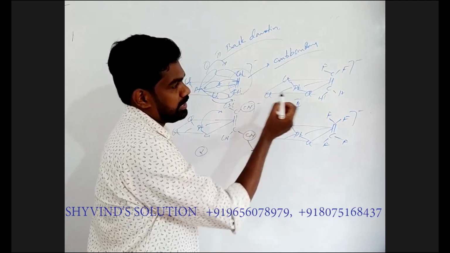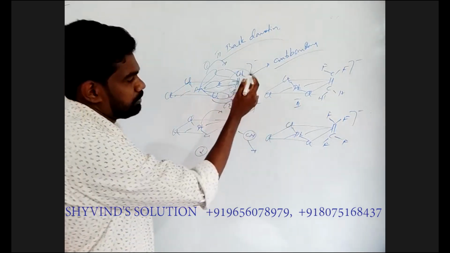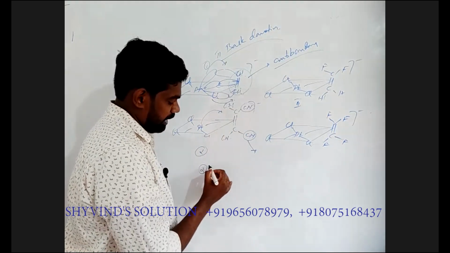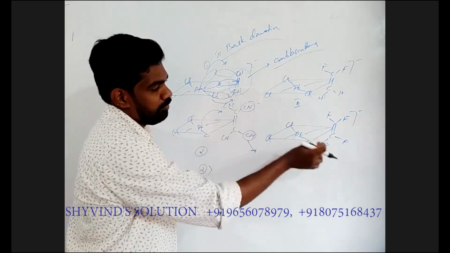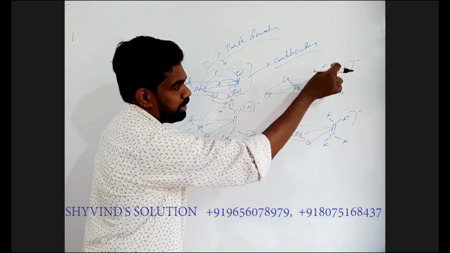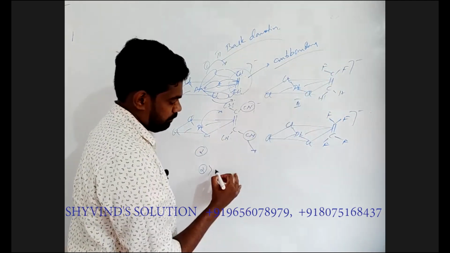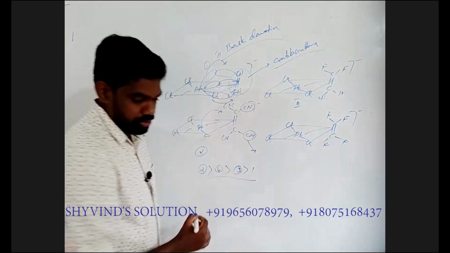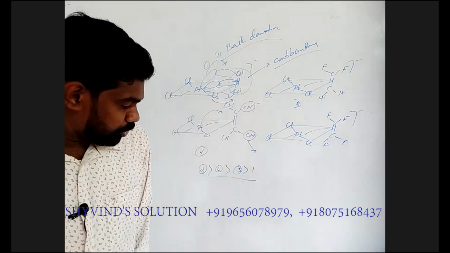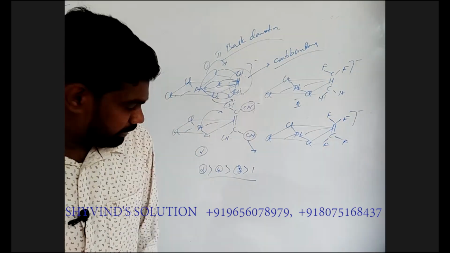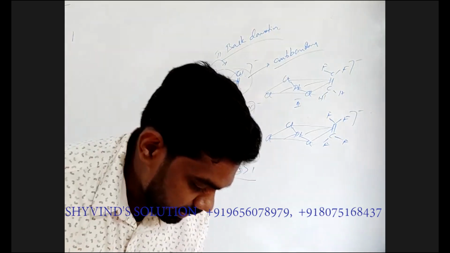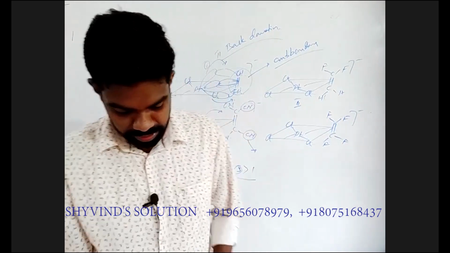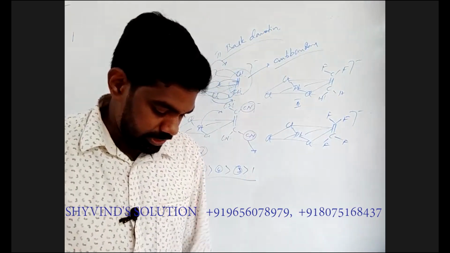So you can see in the options there are no substitutions here. So the bond length of 2 will be higher because of the presence of these four CN. Now we have fluorine here. We have 4 fluorine here, 2 fluorine here. So next comes this one, 4. Okay, next comes 3, then 1. So this will be the order. So the answer is 2, 4, 3, 1. Answer is option 3. Okay, so answer is option 3. Now let's move on to the next question.